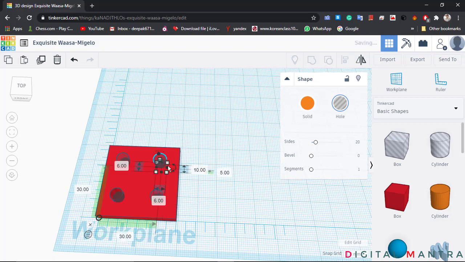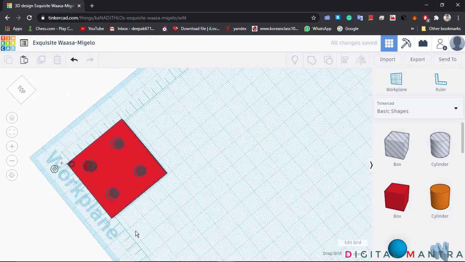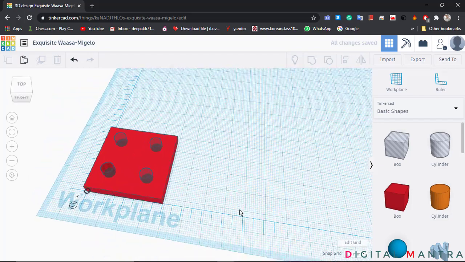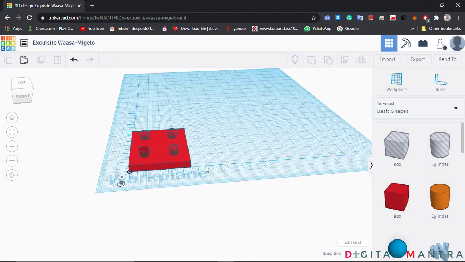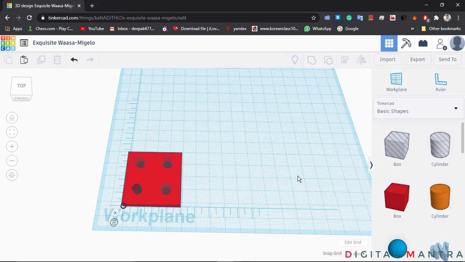Now you can see, when you glide your mouse over here, they are all positioned at the 4 corners, or we can say at the midpoints. What we want is 10 mm from here, 10 mm from here, 10 mm from here, and 10 mm from here, and the same for the other 2 hollow spheres. This type of structure forms easily with the help of a ruler. Without using a ruler, you will find it more difficult to make this type of composition. Now select all of them and click on group.